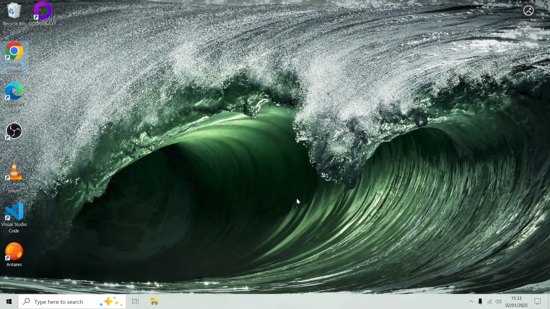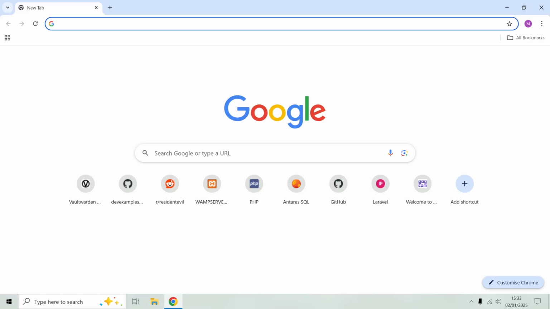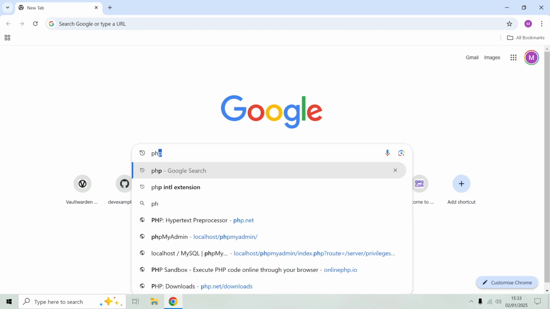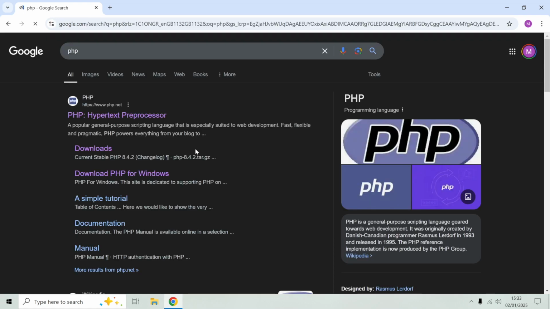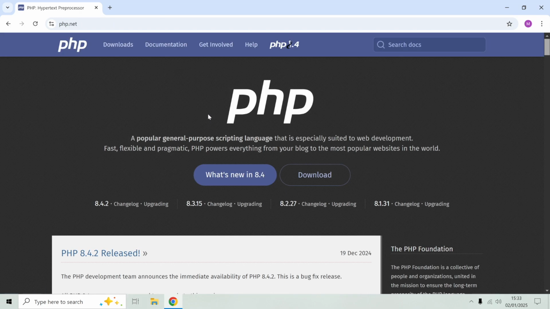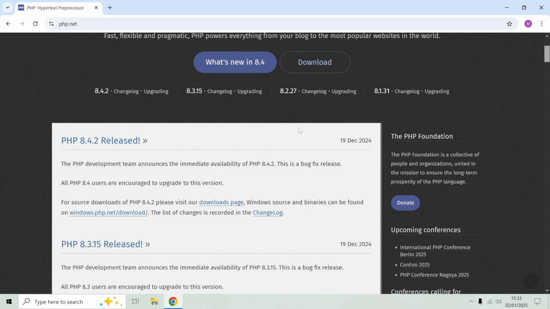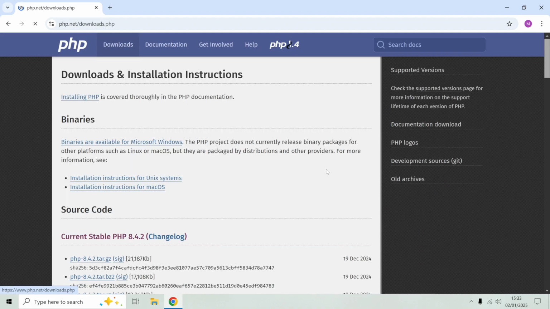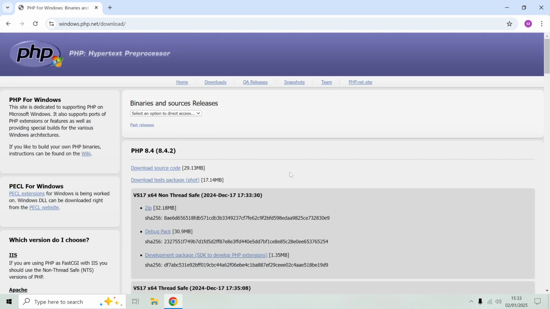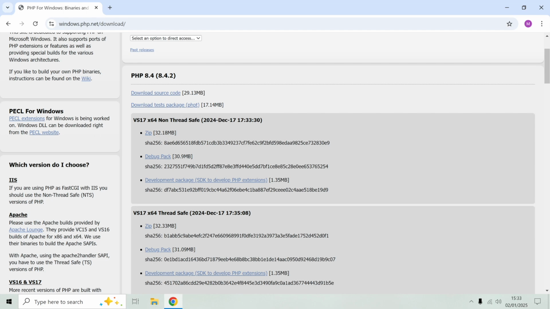I'm going to start by going to the Google Chrome web browser, and I'm going to search for PHP, and then I'm going to go to the php.net website, and I'm going to click the download button, and then click the binaries available for Microsoft Windows. So click that link, and I'm going to download the non-thread safe version, so click on the zip link to